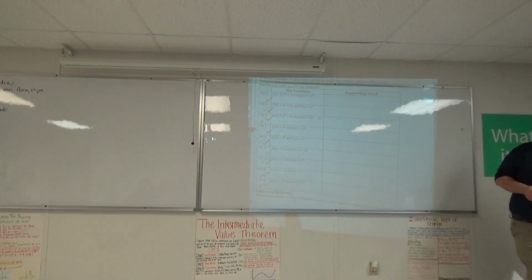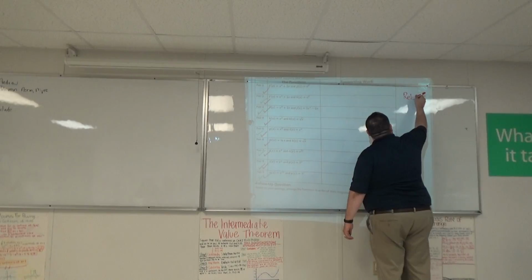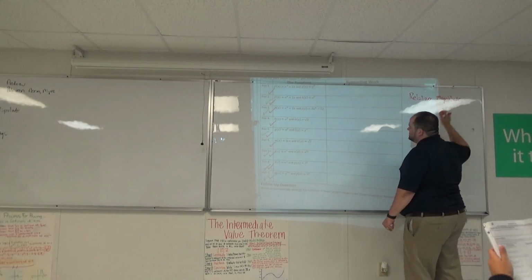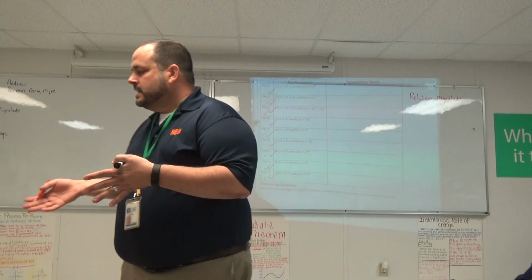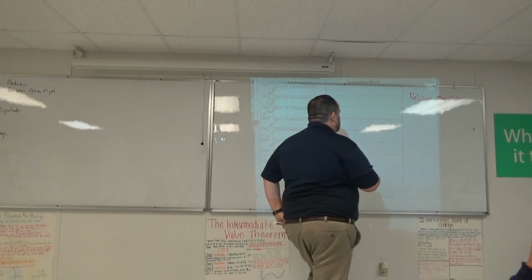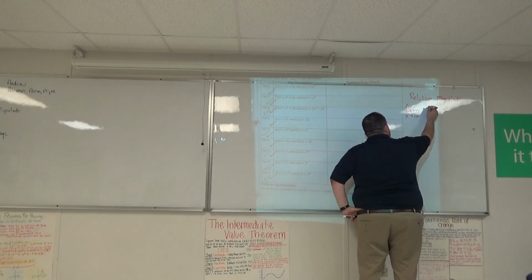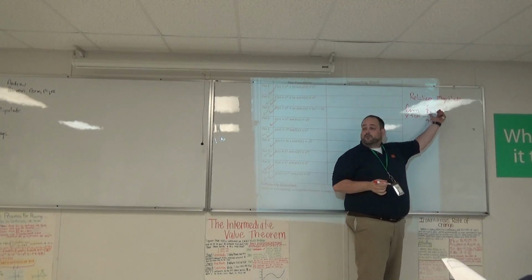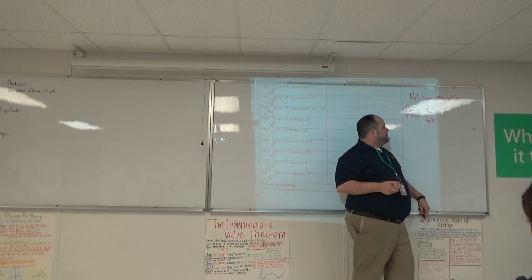All right, so yesterday we started talking about this idea of relative magnitude. Let me write it over here for the North Central friends. When I say relative magnitude, really it's just a conversation of I am comparing two functions. I am comparing specifically the end behavior of two functions to figure out which one grows fastest. And the way that we determine which one grows fastest is we do this limit as x approaches infinity of f of x over g of x. We take the ratio of the two functions, we take the limit as x approaches infinity, and then depending on the answer,